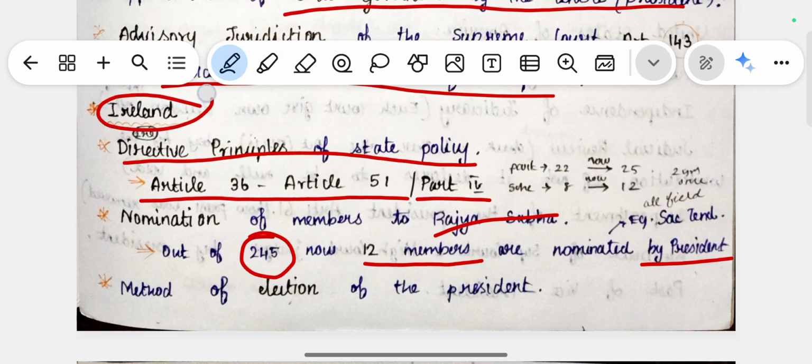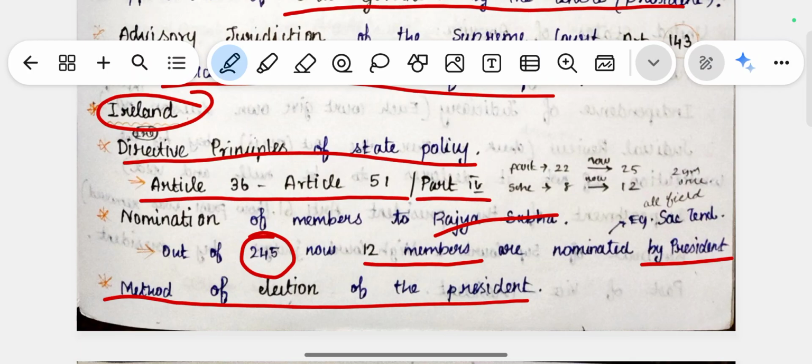The next one is the method of election of the president. This election method was taken from Ireland. For example, the president is not directly elected by voting for a political party. We have some elected members, right? They vote for the president. They vote in a preference order, which is called